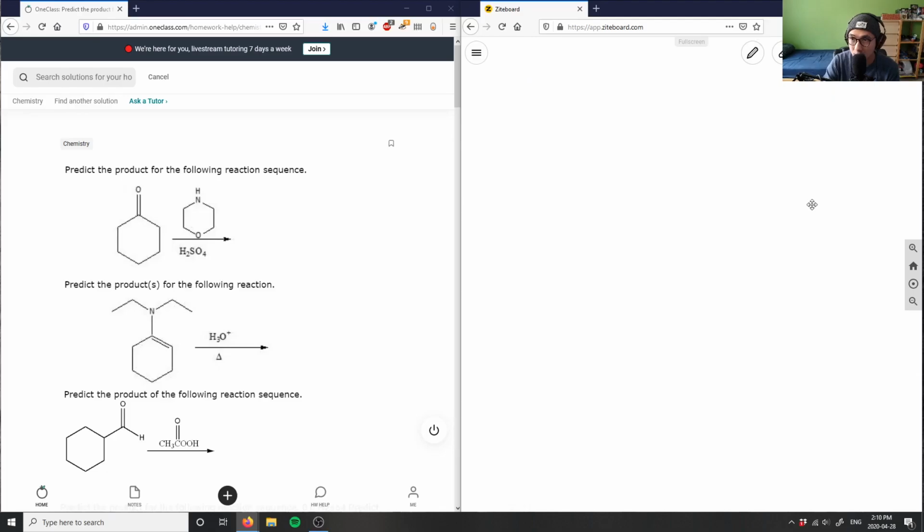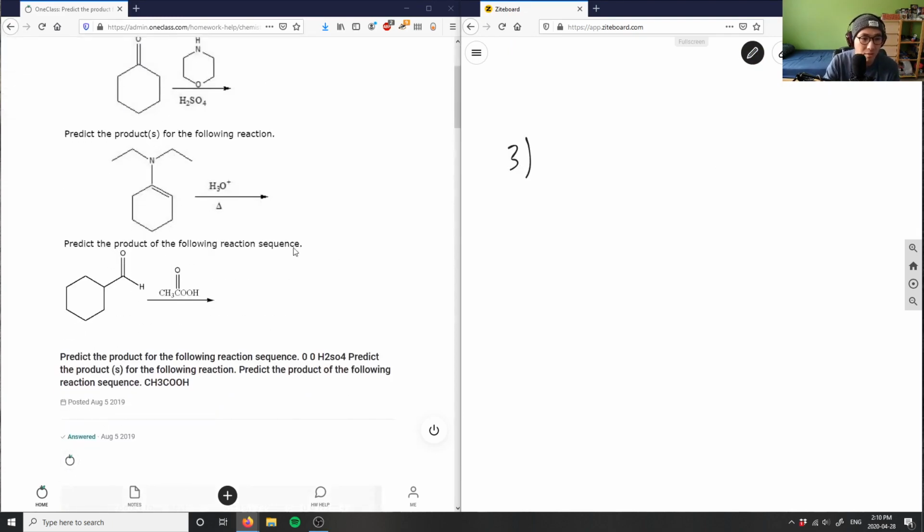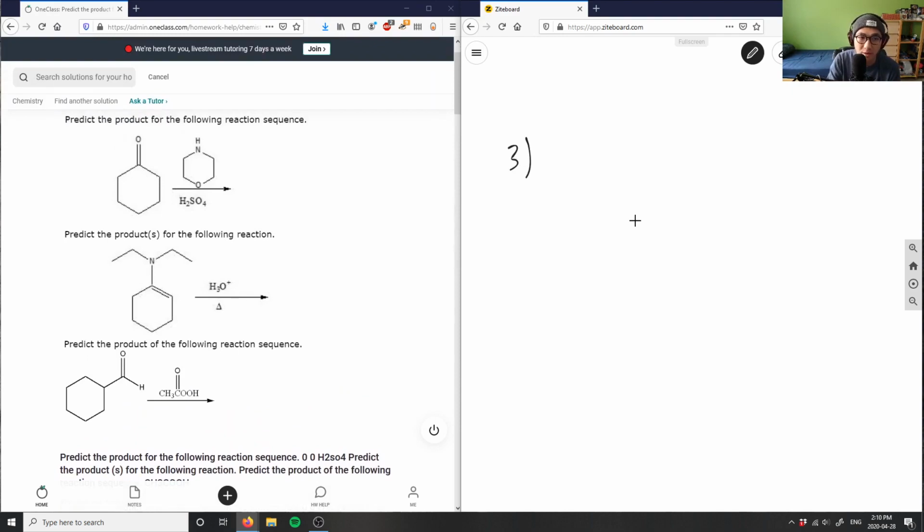So that's number 2. Let's look at number 3 here. It says predict the product for the following reaction sequence. So I have 3 of these here, right? So the first one here,